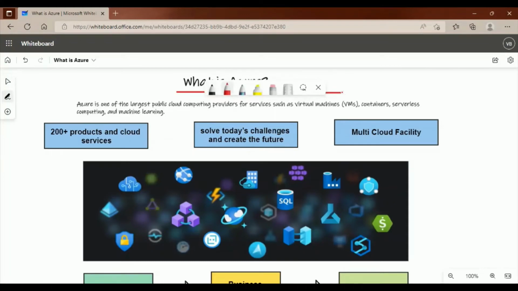So what is Azure? Azure is one of the largest public cloud computing providers for services such as virtual machines, containers, serverless computing, and machine learning. These are not the only technologies. There are 200 plus products and services which Azure cloud computing is providing nowadays. So what is Azure doing nowadays? Azure is solving today's challenges and creating the future technologies which are in demand, like artificial intelligence, machine learning, IoT,